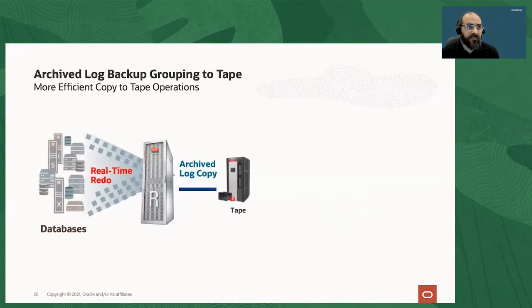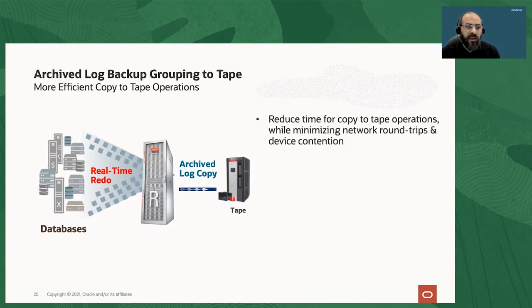The archive log grouping, the name says all. We are grouping the archive logs that are on the ZDL array in a bundle to send them to tape. And that bundle has a specific number of archive logs. Why do we do that? We want to reduce the time for the copy operations to tape. And we also want to do smart work. We want to minimize the network round trip and the contention on the